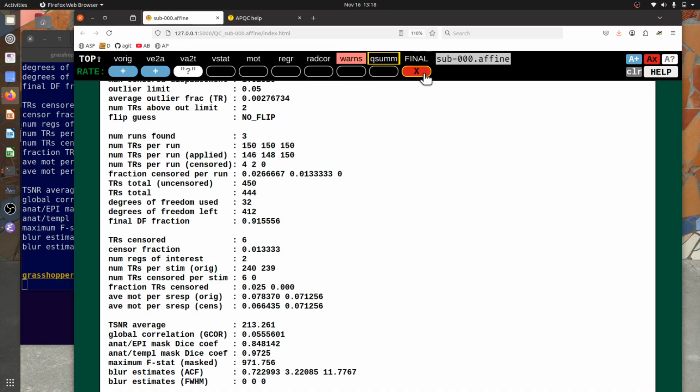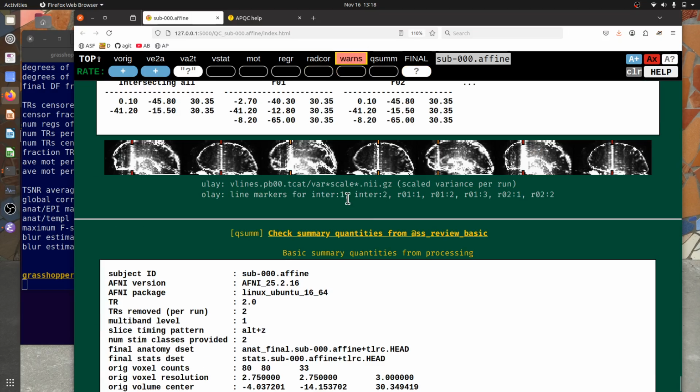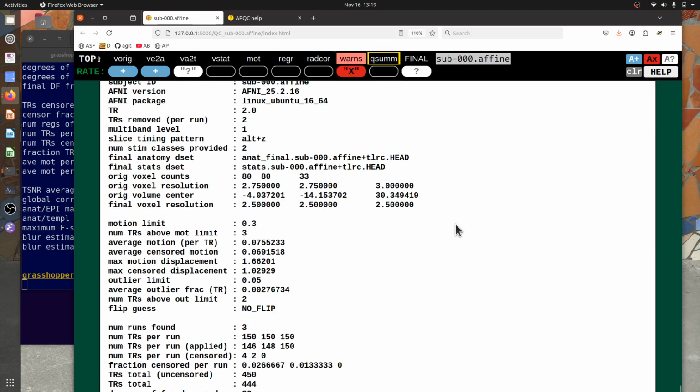We've seen as we've gone through that actually there were a couple problems, in particular in the warns section. These EPI variance lines might be really problematic, and we might click and leave that as X and control click and put variance line artifact and leave that there. And in the end, this may actually make our data unusable, or maybe we decide we're not sure because this is task-based data, if this is going to be a problem. This is really something that we'll be investigating more and more over time. But there we go. That's the quantitative summary block, as well as the final